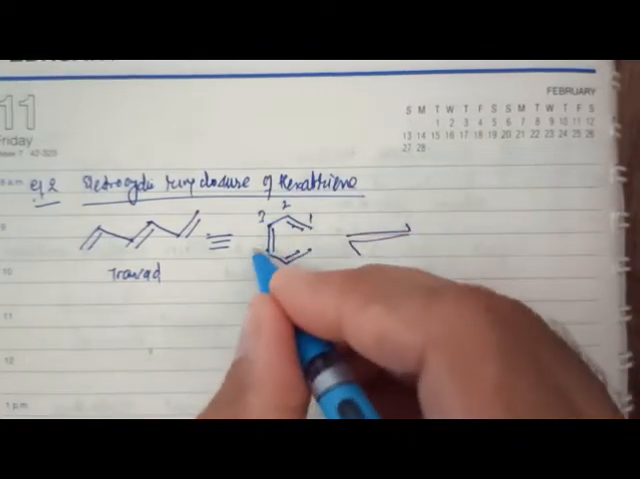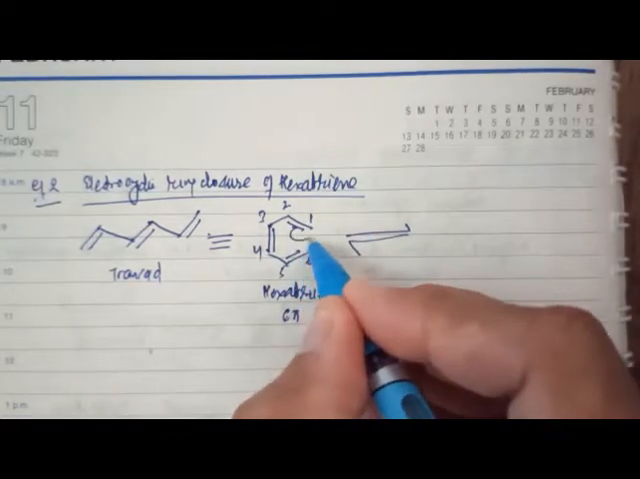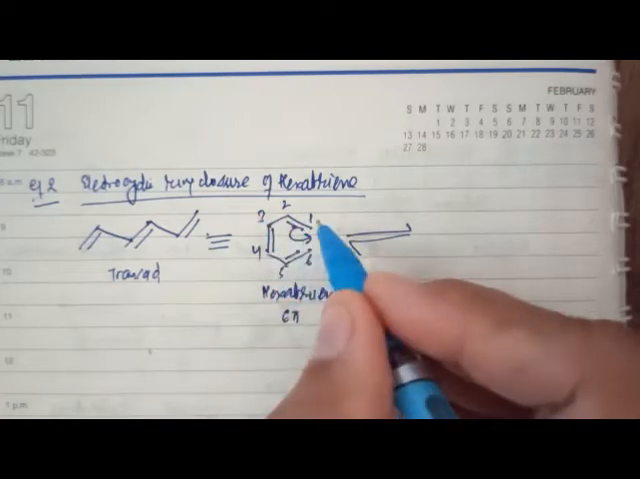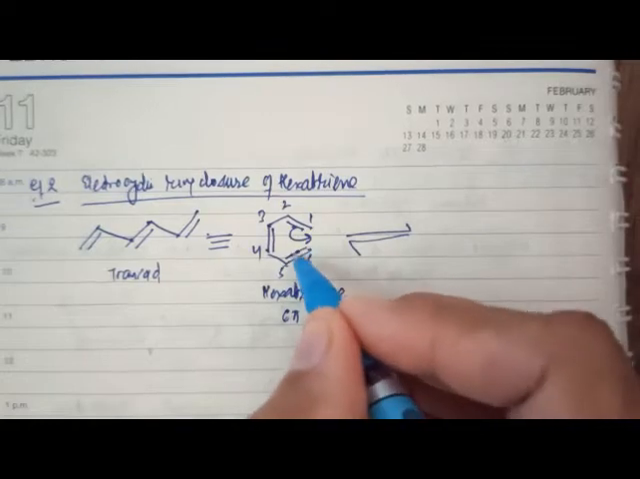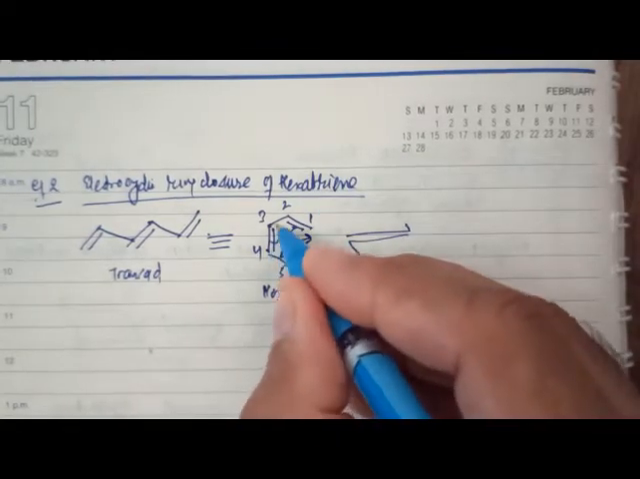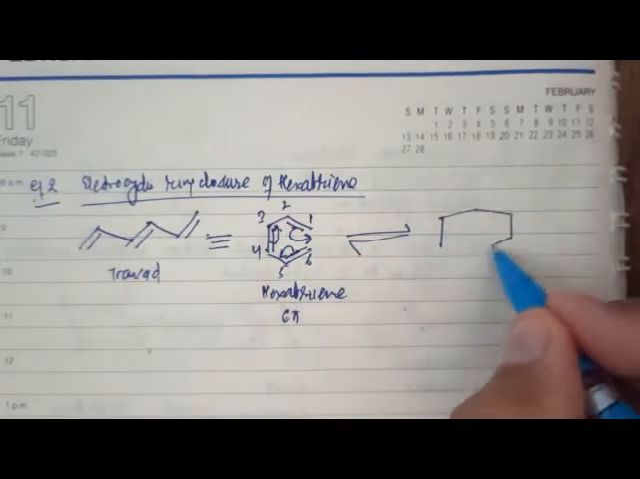Let's say 1, 2, 3, 4, 5 and 6. How does this pi bond move? The 1, 2 bond can move in either direction, either clockwise or anti-clockwise. So the 1, 2 bond goes to form a 1, 6 single bond. The 5, 6 bond breaks and forms a 4, 5 double bond. The 4, 3 bond breaks and forms a 2, 3 double bond, and the result is the formation of a